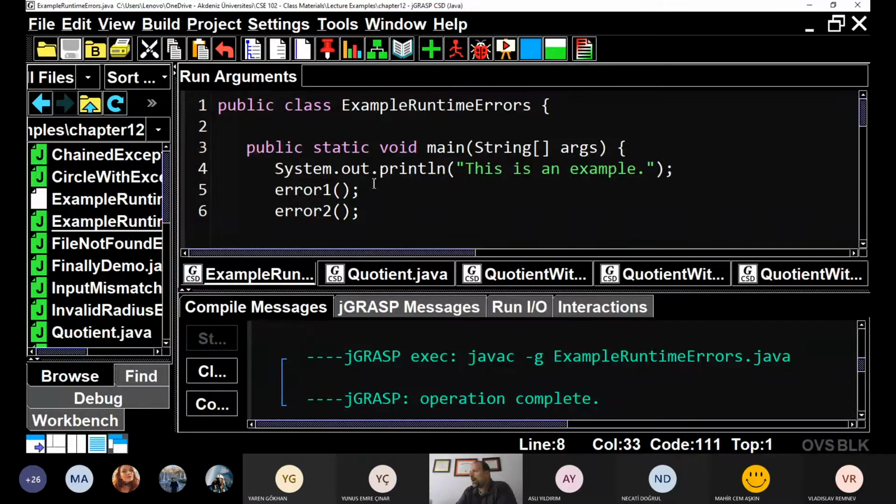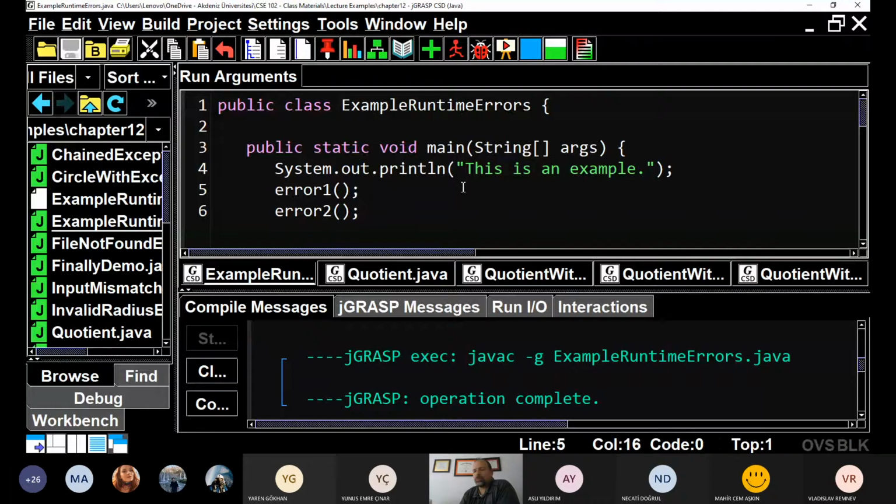All right, so let's go through and talk a little bit about example runtime errors and exceptions. Okay, so I've put a class out there for you to have a look at, called example runtime errors. What are some examples of things that would generate runtime errors on their own? This is not us throwing an exception. This is just an example of how a normal runtime error might have occurred before we had this whole exceptions